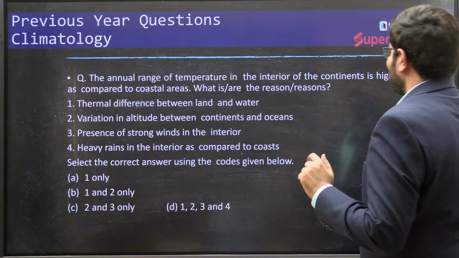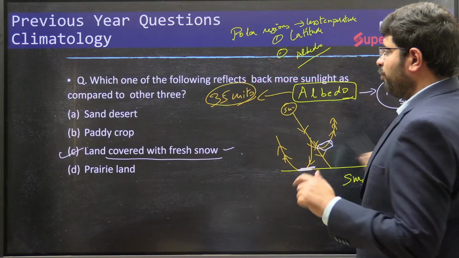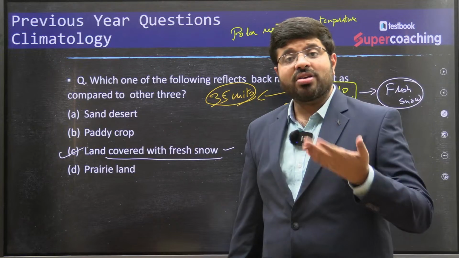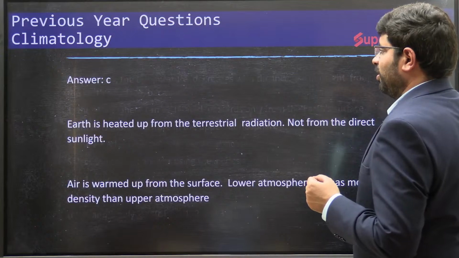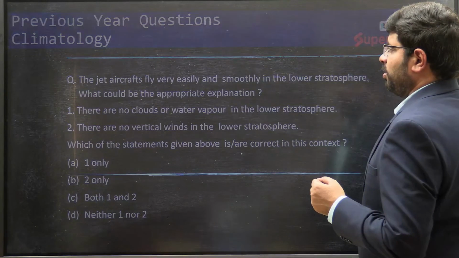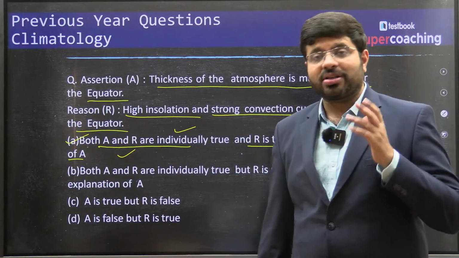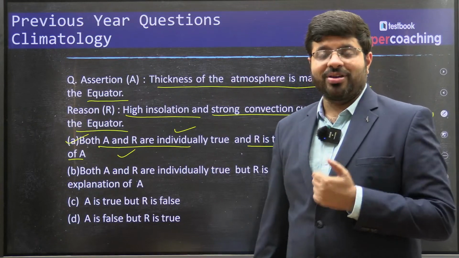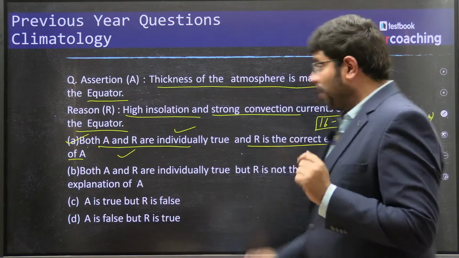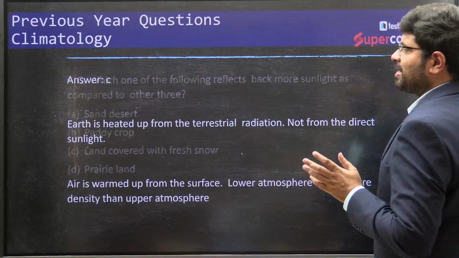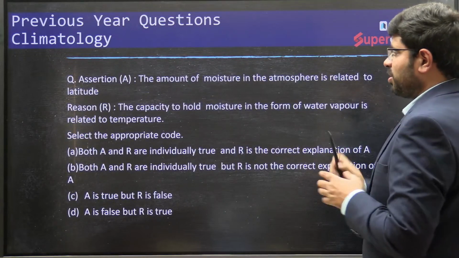For example, if you get this question wrong, that means you are not aware of the concept called albedo. If you get, say, the first question wrong, that means you are not conceptually clear about geography. You are not aware of geographical things. So I have some problem with you in your preparation. But if you get a question like this one wrong, it is okay, acceptable. This is what the learning is for. Right? Let us move to the next question now.